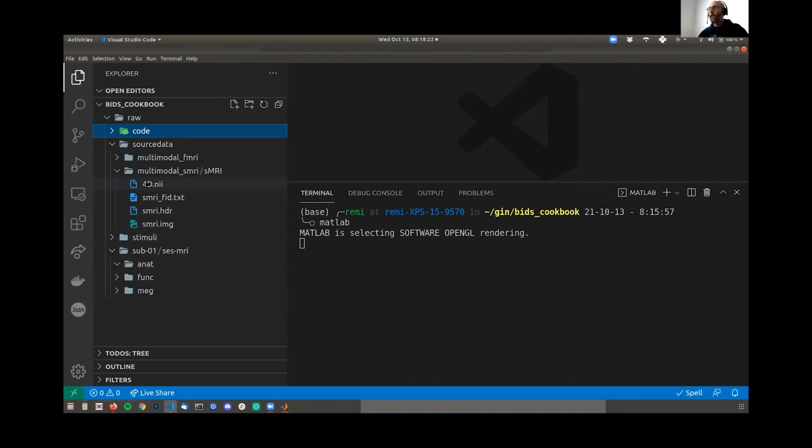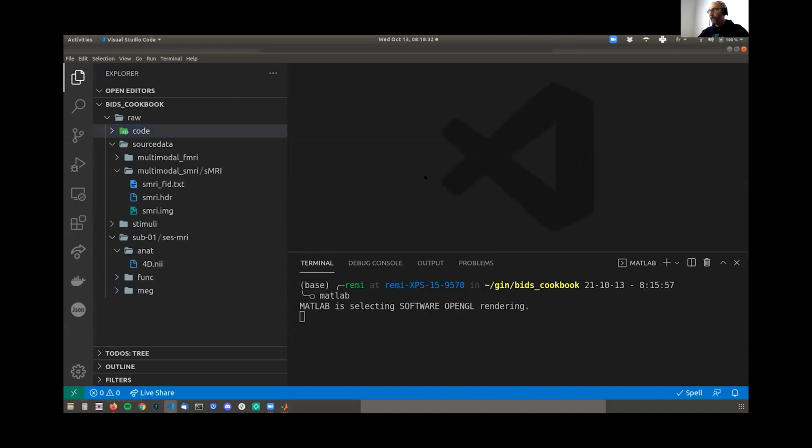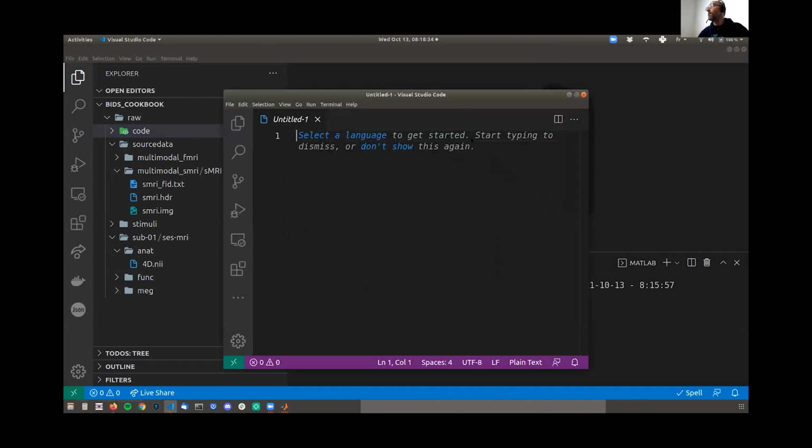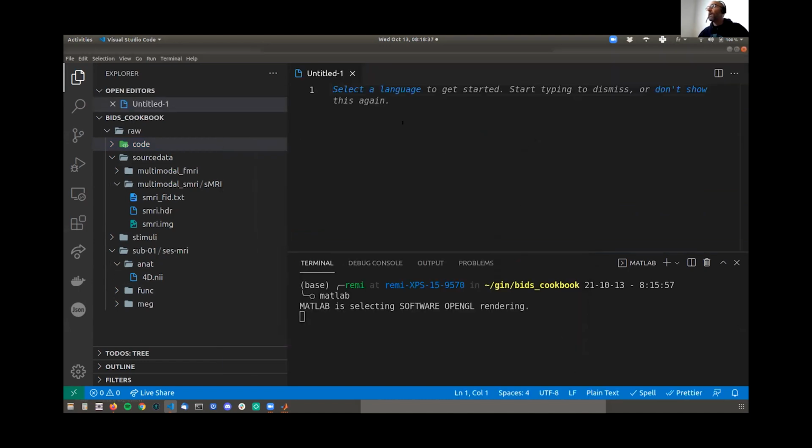Okay, so now let's move this into the anat folder. And now we need to name it. So we need to give it a proper BIDS valid name. So that's where I'm going to tell you a little bit about how BIDS files are named. There are a few things you need to know about a BIDS file. First of all, it has an extension, the thing that comes after the dot, so .nii in this case. Like all files have extensions pretty much. Then what comes right before the extension tells you information about what type of data you're dealing with.